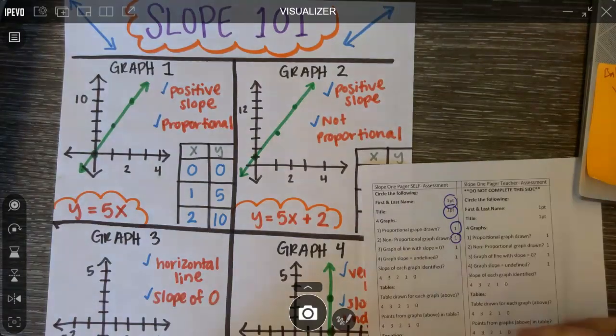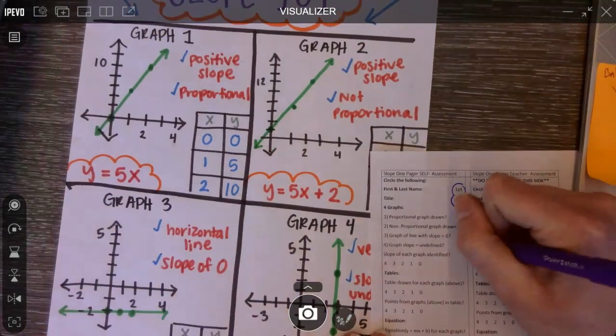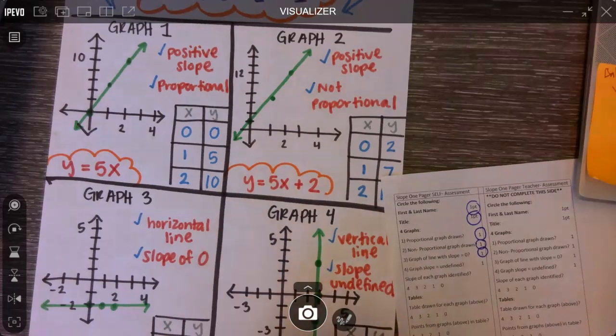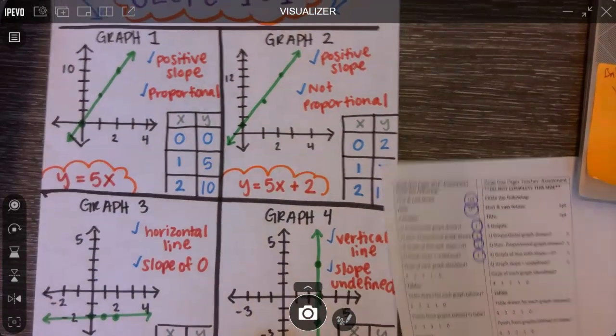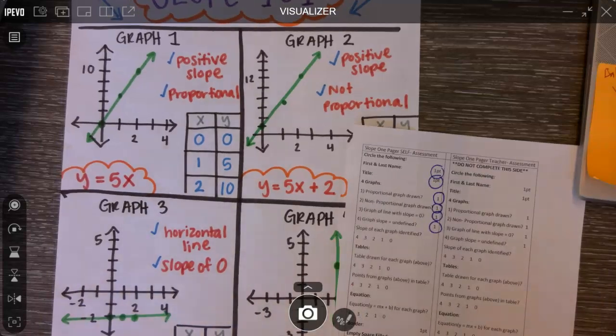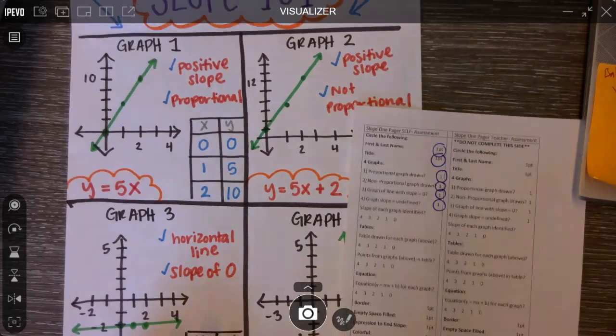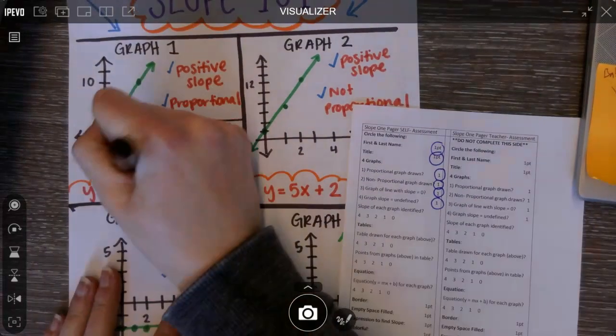Got it. Slope of 0. Got it. Undefined. Got it. All right, those all look good. Slope of each graph is identified. Ooh. So I didn't really say what the slope was, so I might want to go back and add that in. Okay? So I might add a little arrow and say